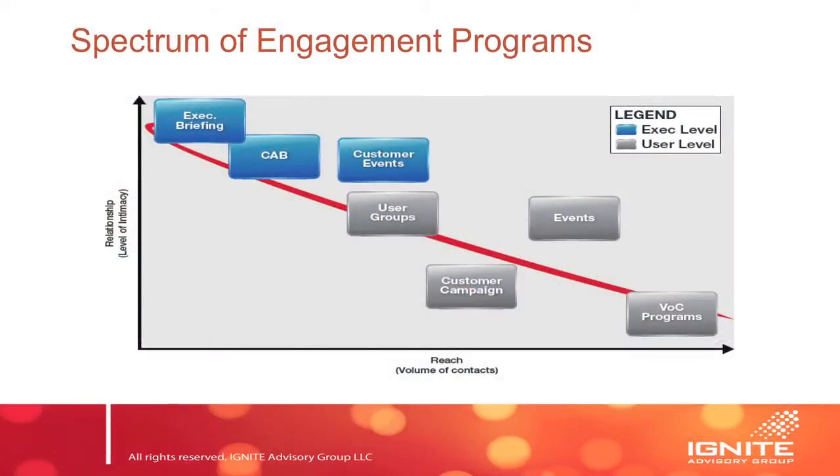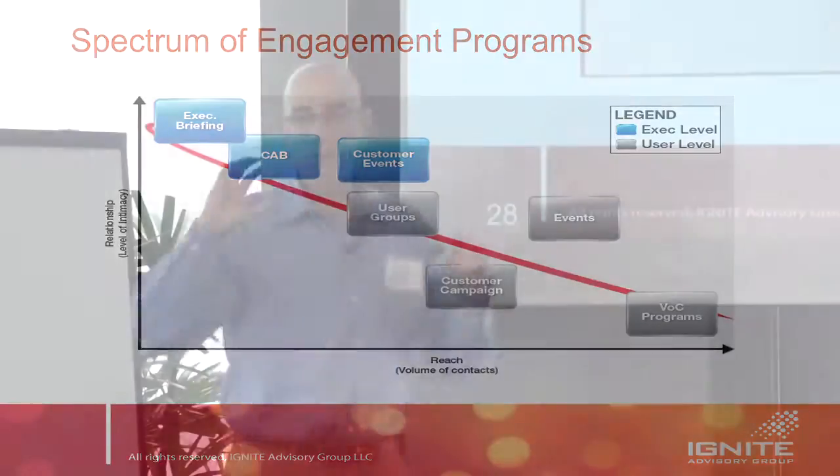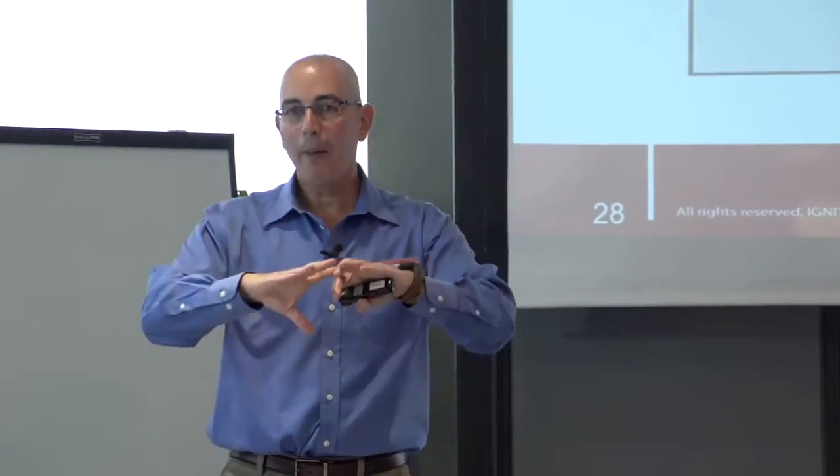If you are on this side of the graph, with voice of the customer programs, you can send a survey to 5 million customers, right? So you're reaching a significant volume of contacts. However, your relationship or the insights that you gain are actually quite limited, right? So what we would urge you to do is map out your entire engagement spectrum